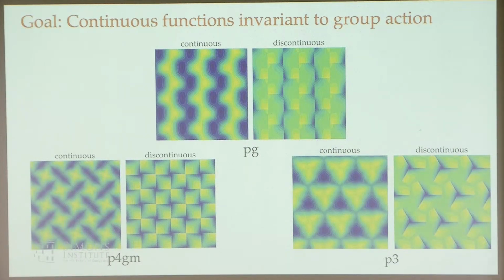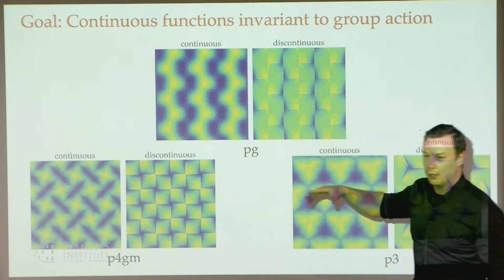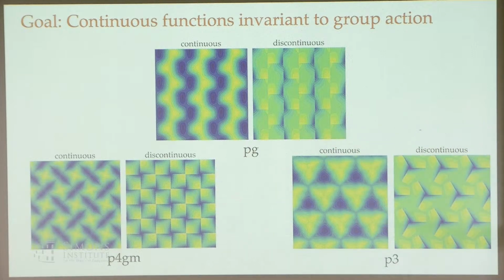And that shouldn't be super surprising, right? Because actually the tile itself is not unique. And so if we can see where the tile is, then probably that indicates we have screwed something up. So these are just three different examples for these three different groups, just to give you an idea of what the game is that we're playing.